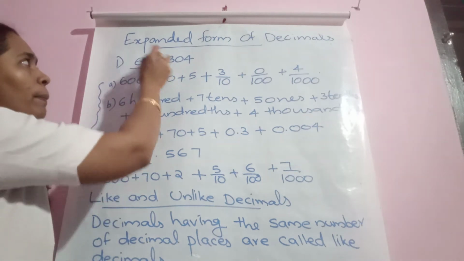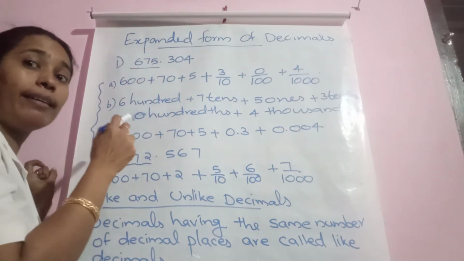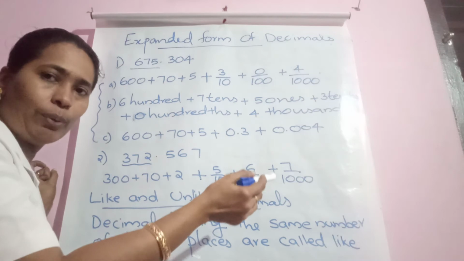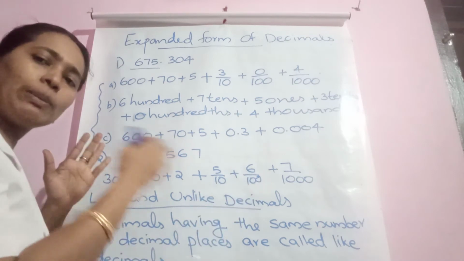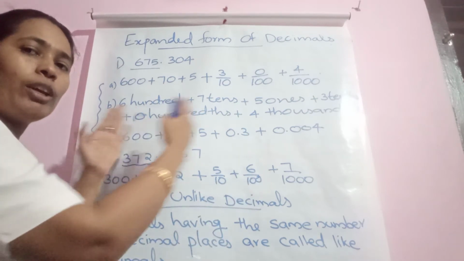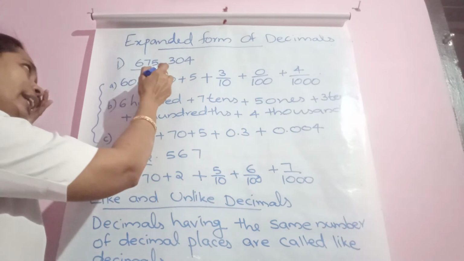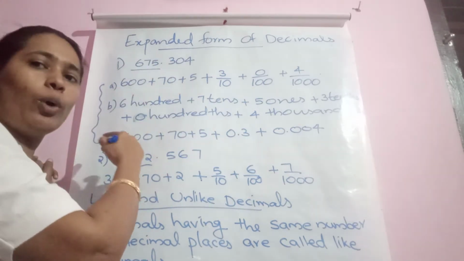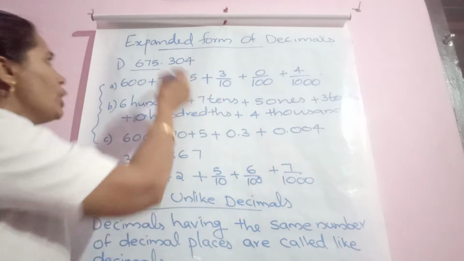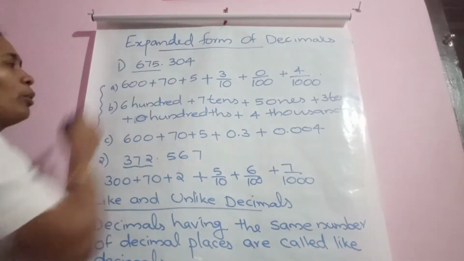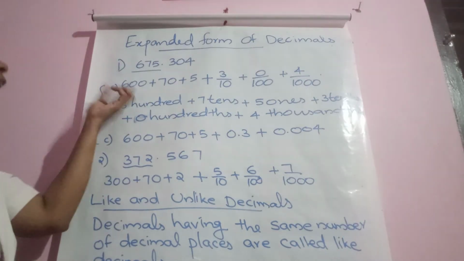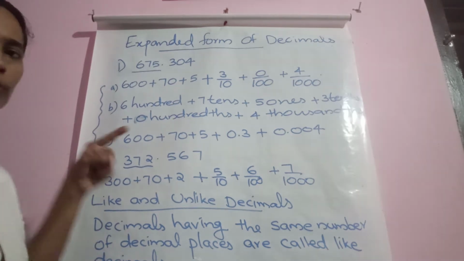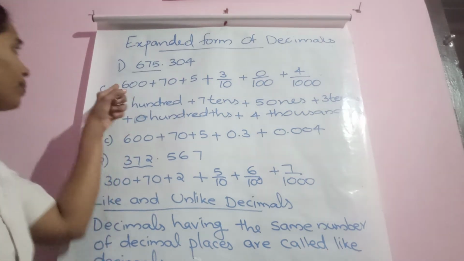But on the whole number part, how to read? 675. So, when we are writing expanded form also, we have to follow a different order. The connection is plus, that is the point. Point is a connection between whole number part and decimal part. So, whole number part already you know how to write the expanded form. Teacher has explained 3 methods. Follow one only. One enough.